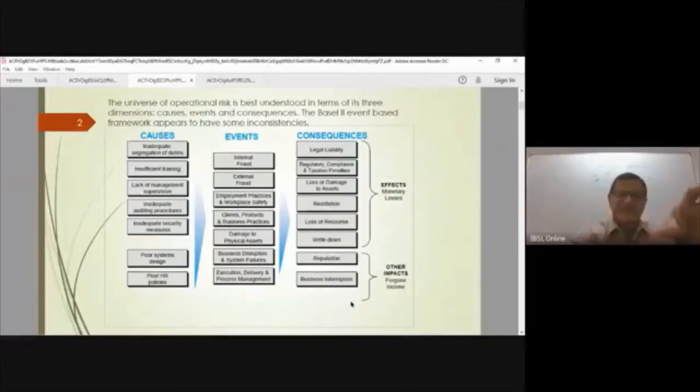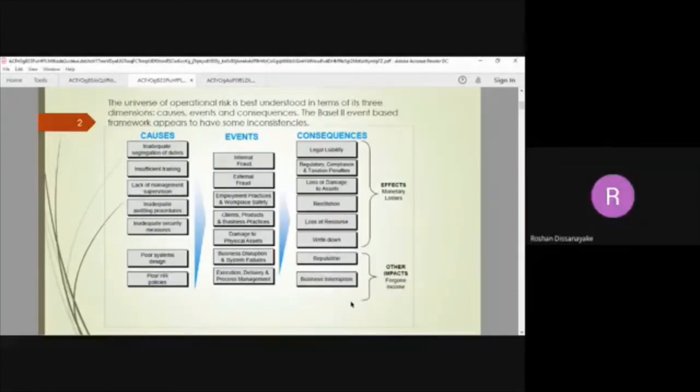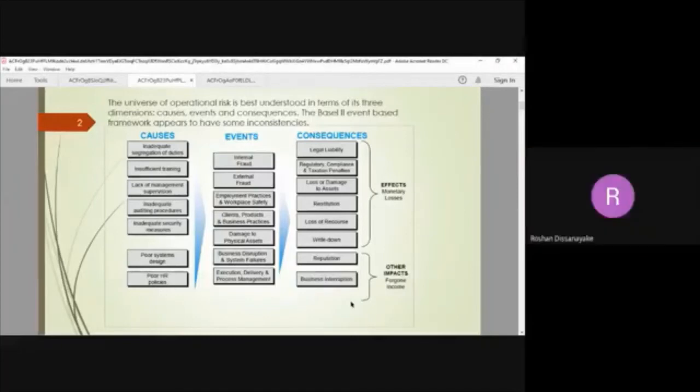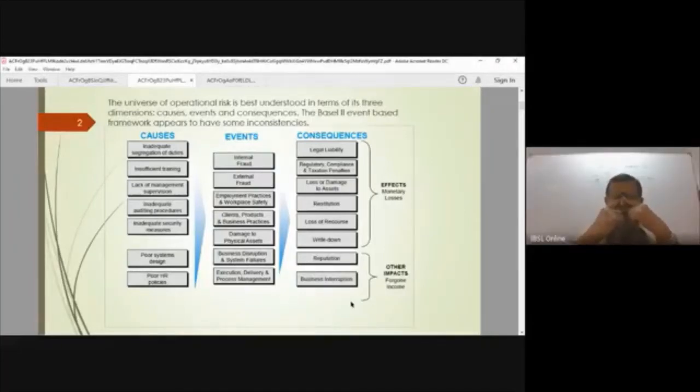So first, the Basel Committee, when they were going for identification of the Basel II operational risk framework, started looking at the risk universe, and in that they first looked at the causes of operational losses. What are the reasons for operational losses to occur? Then they went to what events will take place. While causes are the reasons, they wanted to actually categorize certain types of operational losses, and they came up with what they call events,